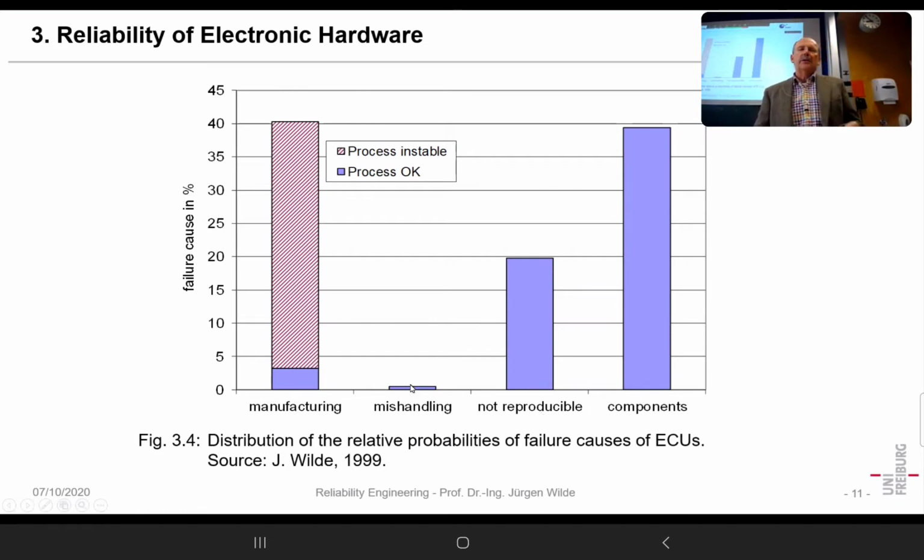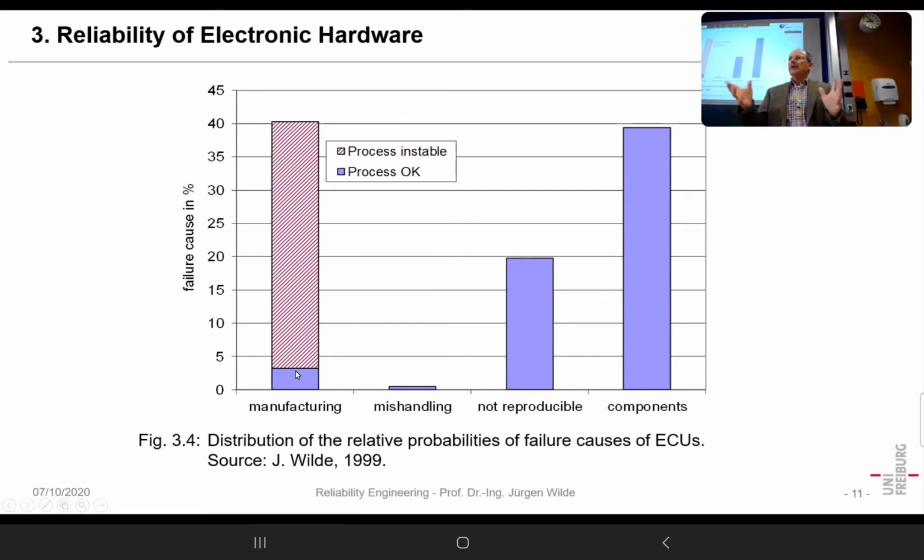Mishandling is also a problem. That can be, for instance, someone being electrostatically charged up and touching the pin, and then a CMOS device, but also other devices, can fail. And now comes something interesting. What we could find out